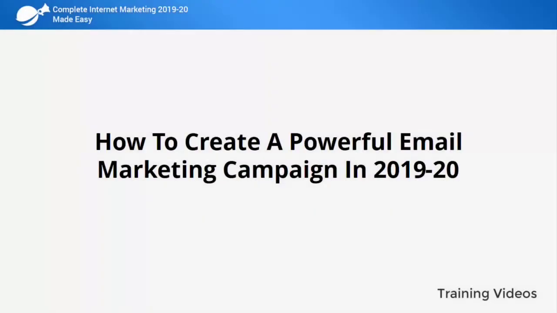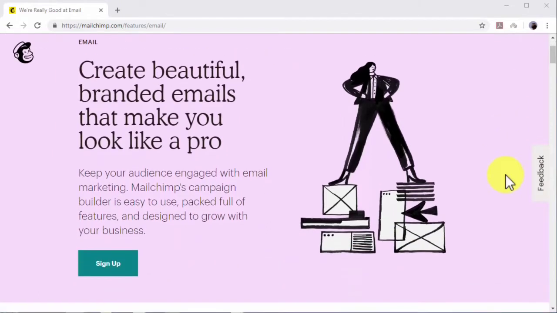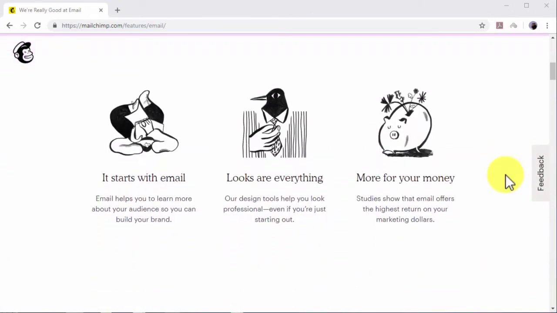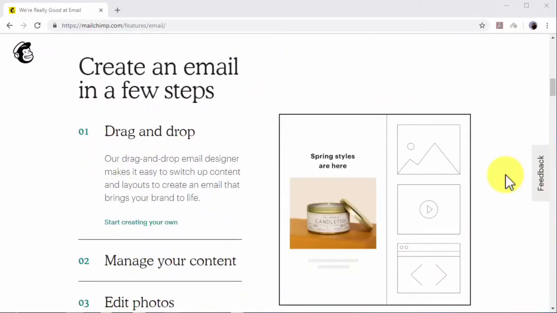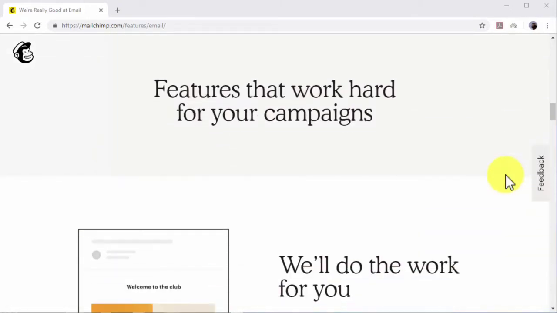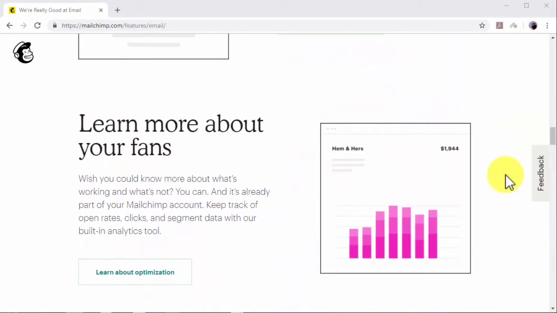How to create a powerful email marketing campaign in 2019 and 2020. No complete internet marketing plan is really complete without an email marketing campaign. Email marketing is still one of the most high-converting and cost-effective online marketing strategies you can implement. With email marketing, you can reach your leads and potential customers right where they're most likely to convert, in their email inboxes. Today, we are going to show you how to create a powerful email marketing campaign the easy way